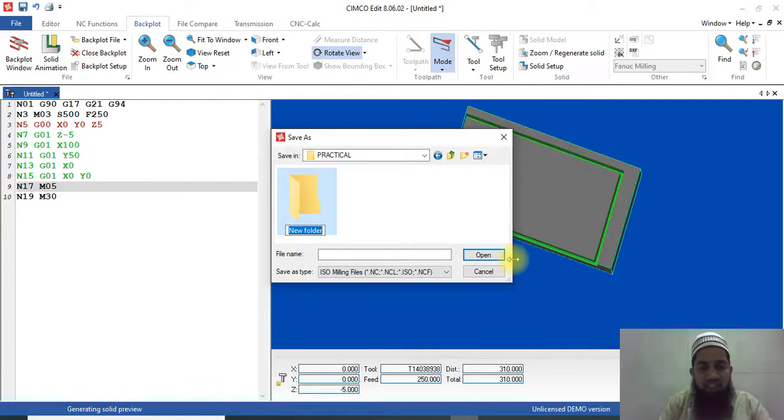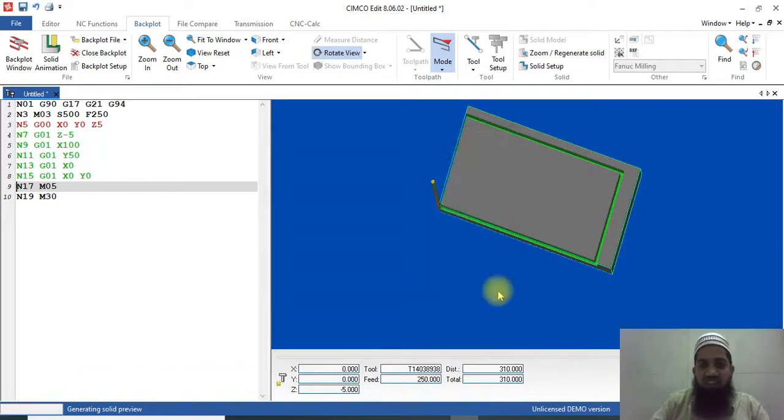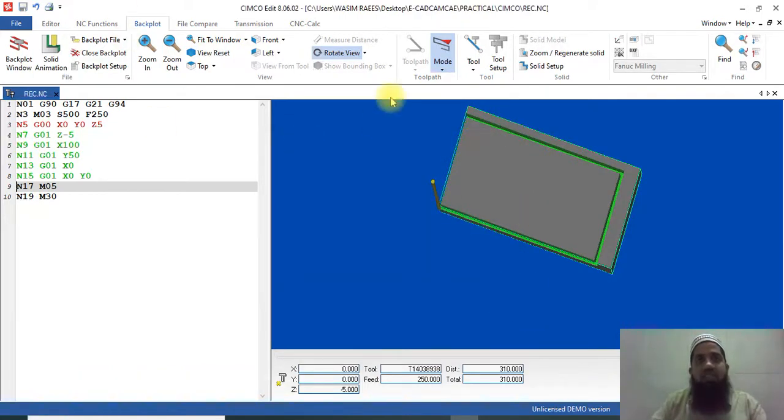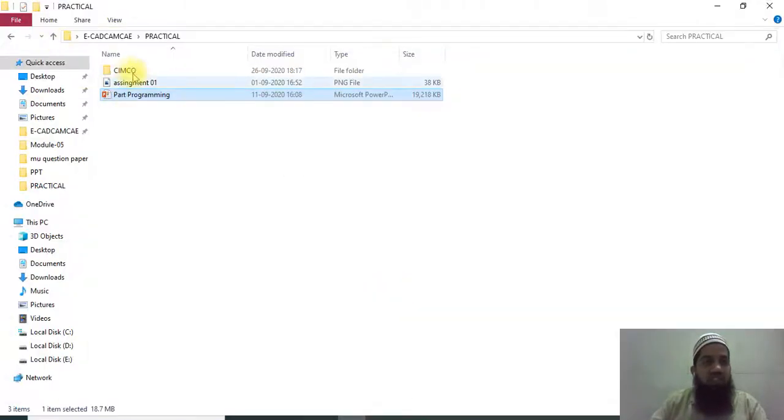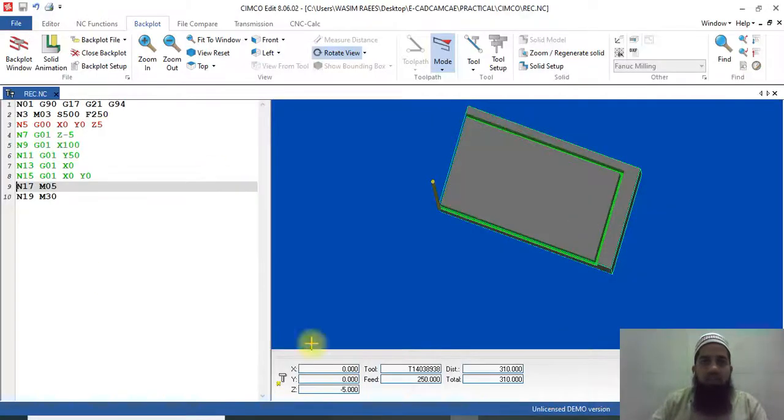What we can say, like a Simco. Okay, just open it, and you can save. You can give a name like rectangle, RAC. Rectangle is okay. It always saves in the particular format, so it is saved in the particular folder. You can check it out also if you want to check. This is a Simco. The rectangle folder is there. Okay, RAC.